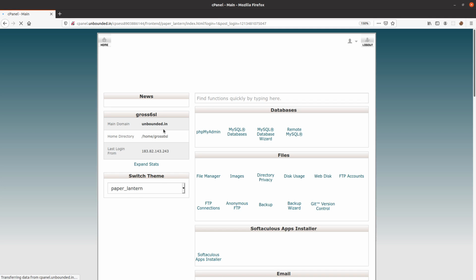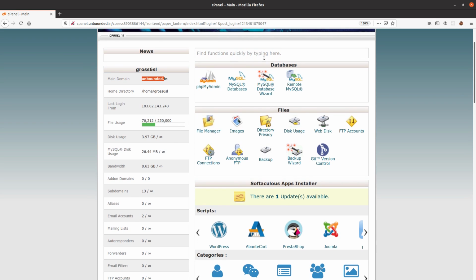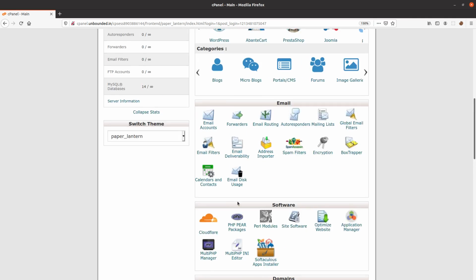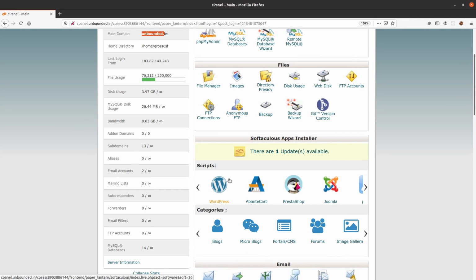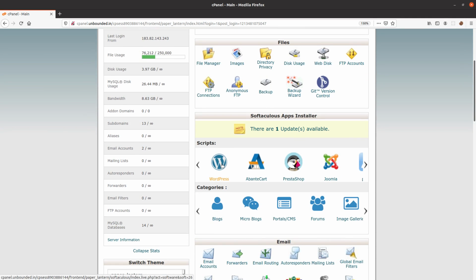So once I hit login, you will land on a page where you can see all the resources associated with the hosting that you have bought, and how it is mapped to which domain. You will be able to see all the details here. Now you can see what databases you have, what file system you have, what software is available, email accounts, and all other stuff. So you need not worry about anything at all. We don't want to discuss any of these technical details. We will just go simply to WordPress.